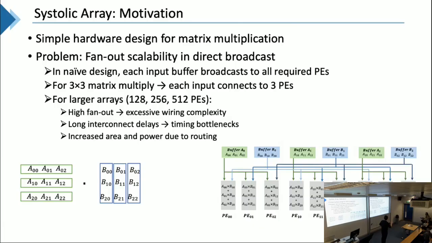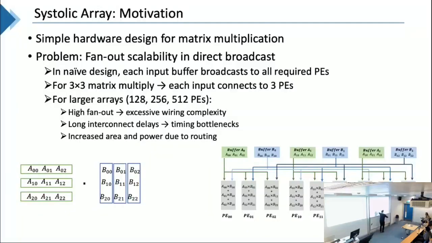And the second is the long interconnect delay, because in a chip design, you basically place memory units and compute units in a 2D plane, and you're not able to overlap them together. So this is a traditional 2D chip design. Let's say you put your buffer here; to have, let's say, 100 PEs, you have to place a PE very far from this buffer. So it will increase the interconnect distance and affect your timing